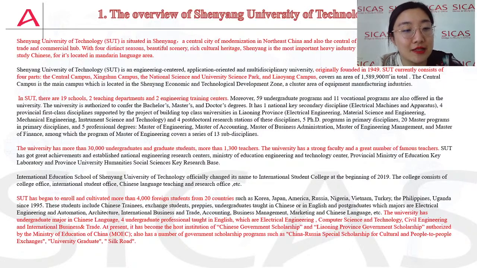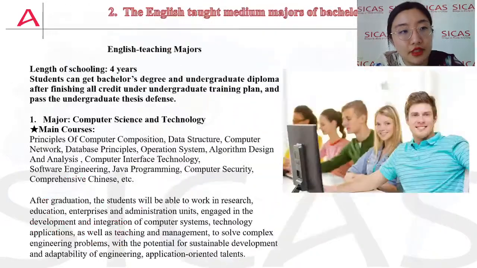At present, it has become the host institution of Chinese government scholarship and Liaoning Province Government Scholarship authorized by the Ministry of Education of China. It also has a number of government scholarship programs such as China-Russia Special Scholarship for Cultural and People-to-People Exchanges, University Graduates, and Silk Road. Okay,